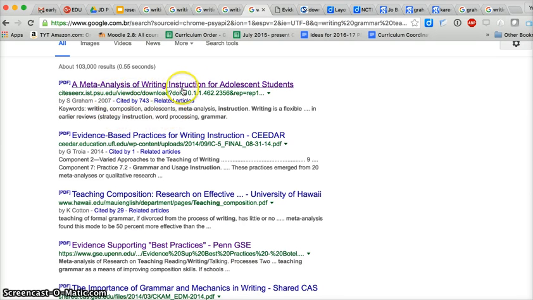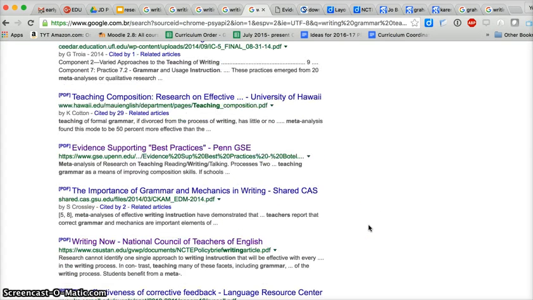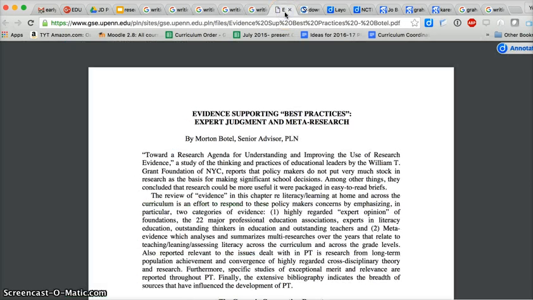So here's a meta-analysis of writing instruction for adolescent students, evidence supporting best practices, and writing now, something from the National Council of Teachers of English. Basically, they're talking about summarizing research, and it specifically is mentioning grammar here in the description. So I'm going to go ahead and open up those three sources. So here's